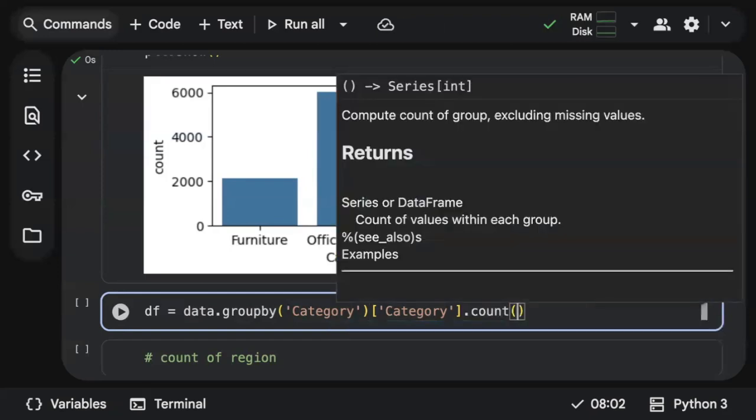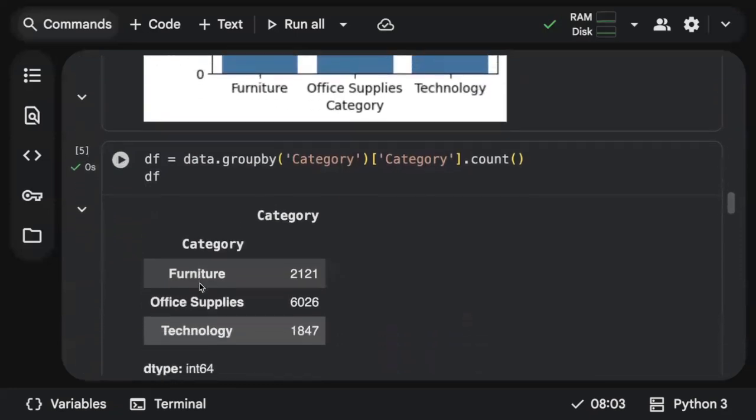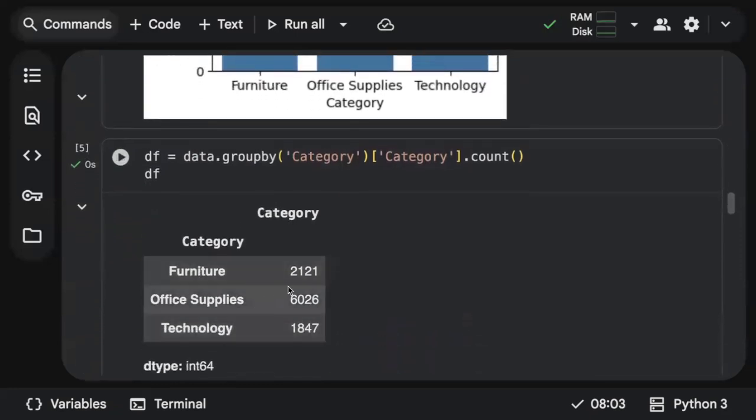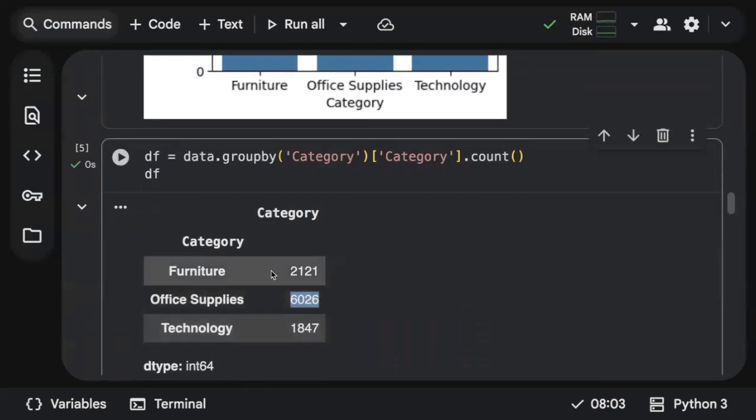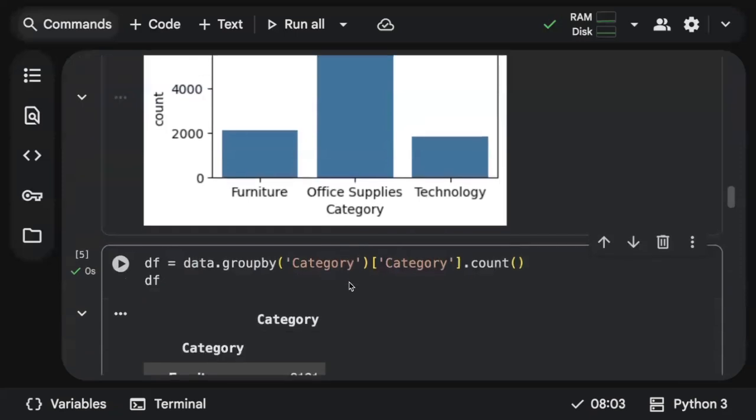It should not be sum, it should be count, right? Let me print and show you. Clearly, it shows office supplies has the highest count, technology has very little, and furniture is the second highest. Same information you are getting.